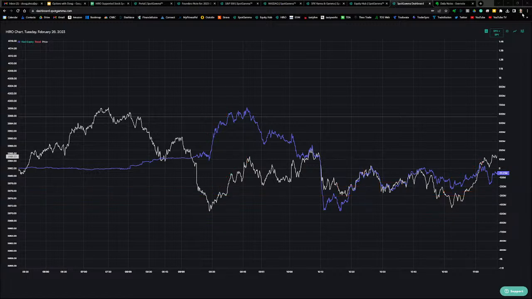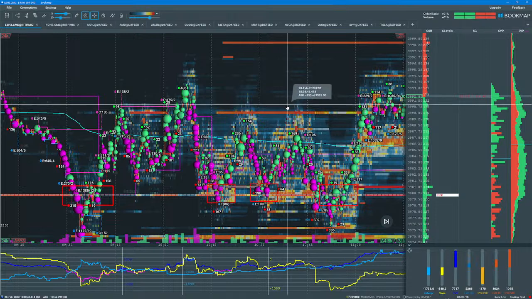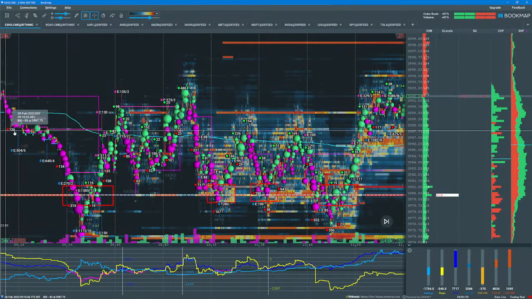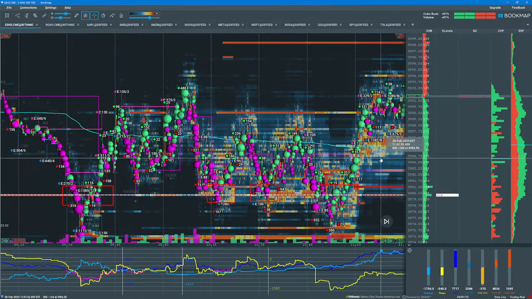All right, there looks like the question is about Bookmap, so let's go back to Bookmap. So question: CVP versus SVP. The CVP is the chart volume profile, and that is showing a volume profile for whatever I'm looking at on my chart. Showing it in this range from just a little bit before 9:15 to 11:15. And the session volume profile is the complete session